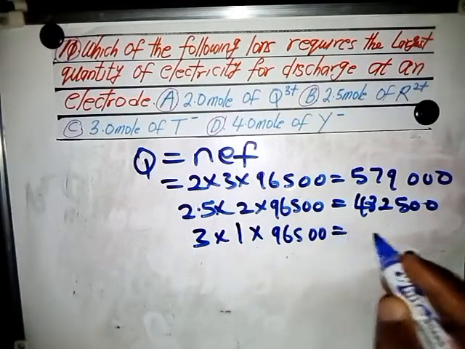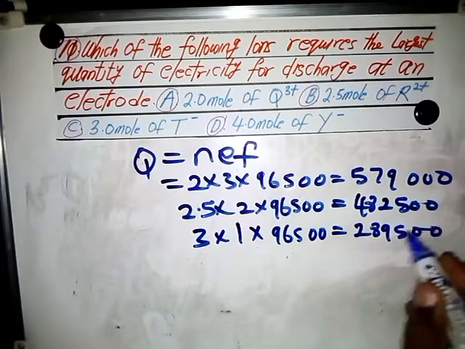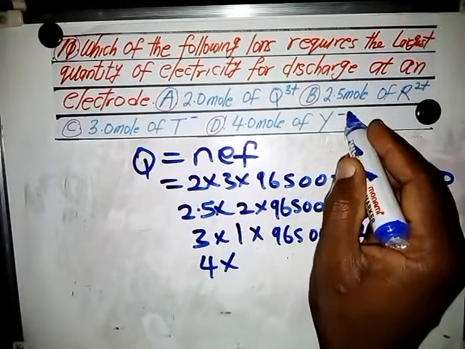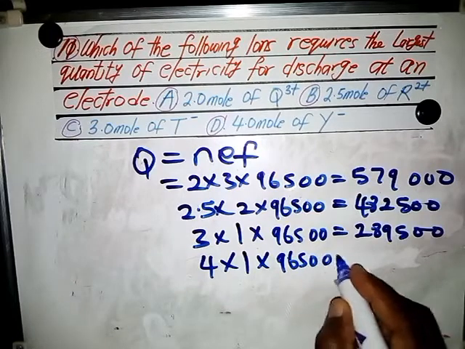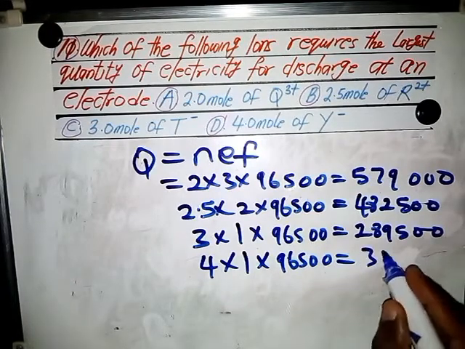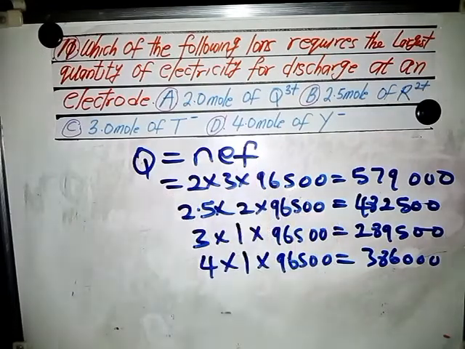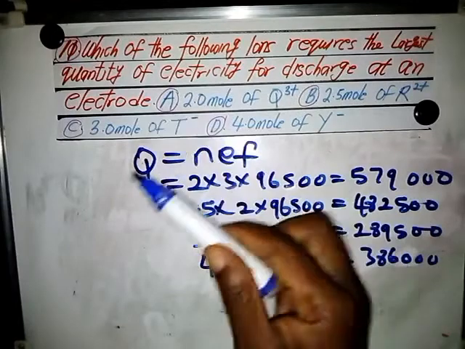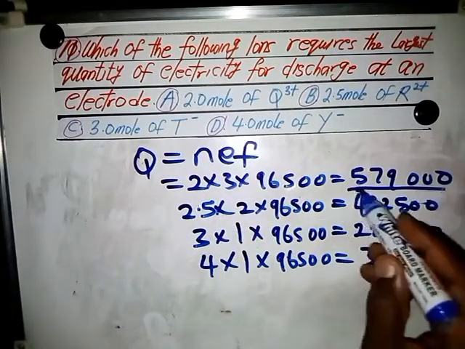I should get 289,500. Then the last one, 4 times minus 1, that is 1 times 96500. I should get 386,000. So for me, that requires the largest quantity of electricity from what you have calculated is the first one. You can see it,